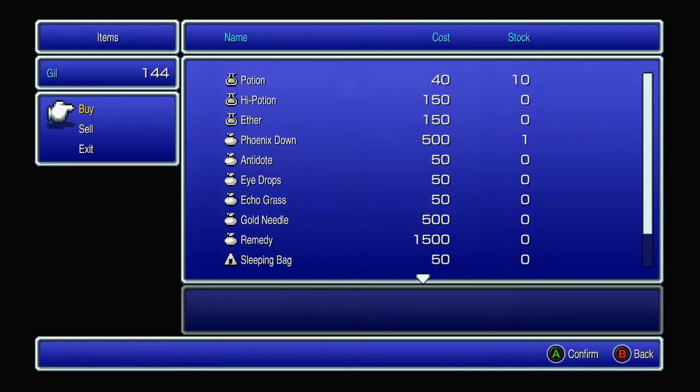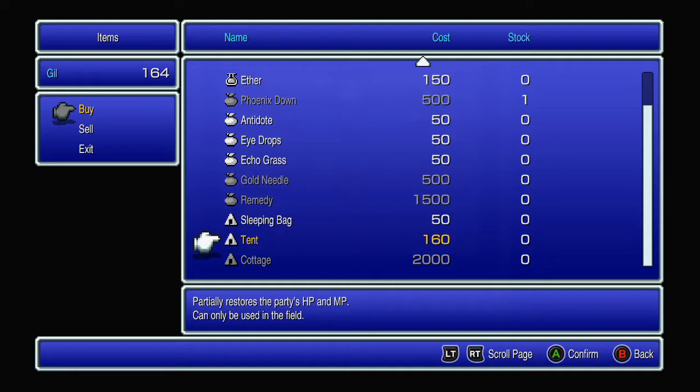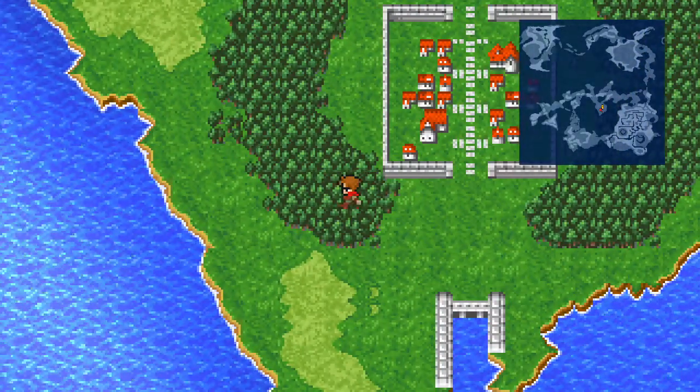Crud. How much is that? 10? 160. Fine. I'll sell the 1 potion. Because I'll take a tent. It doesn't restore everything, but it might be useful to have. You can only be using it on the overworld again, but...